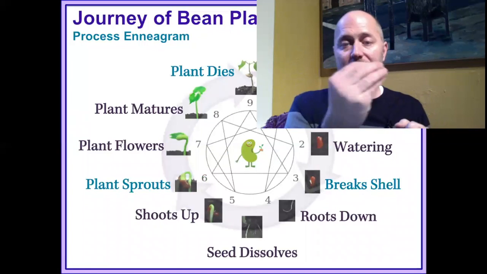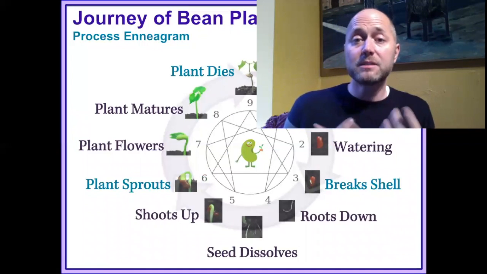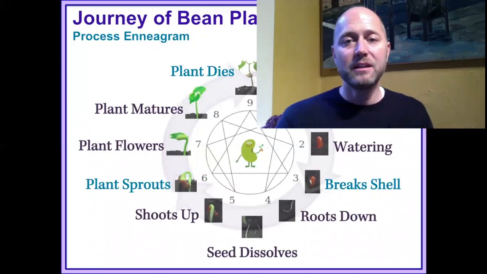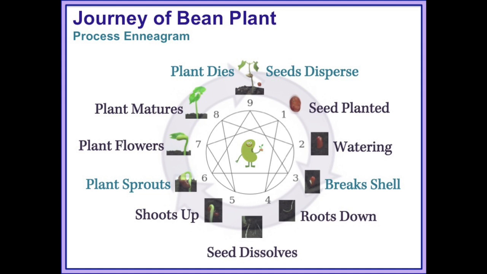So there's a kind of breaking through that happens there, but at the point 6, it's about surrendering to something greater, in this case, the light. And then finally, the dispersal of the seeds as the plant dies at 9. And all of these are also interrelated along the connecting lines, just like the meal preparation metaphor. So that, for example, the seed at point 1, when it gets planted, it needs to find